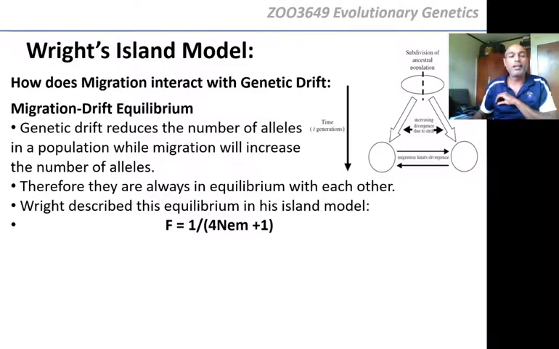Okay, his island model where he's got F, which is an F statistic equivalent to our FST, is equal to 1 divided by 4 times the effective population size multiplied by M, and what is M here? The migration rate. Okay? Plus 1. So why 4? Because